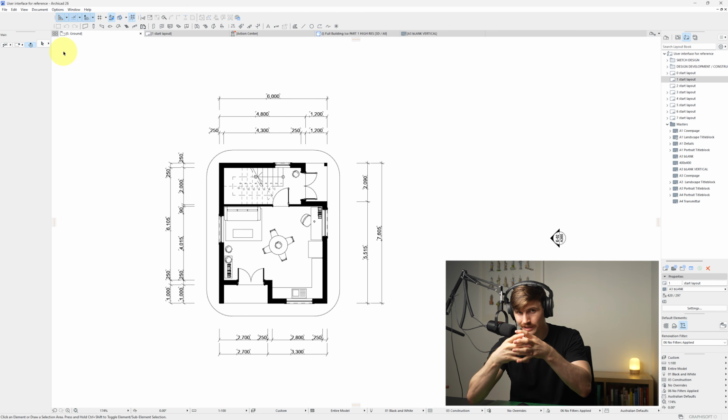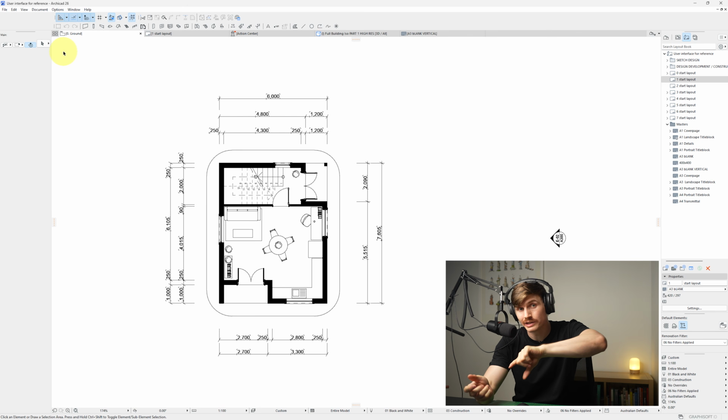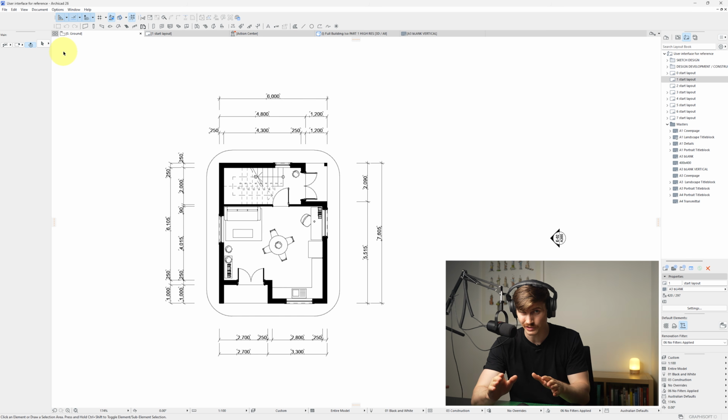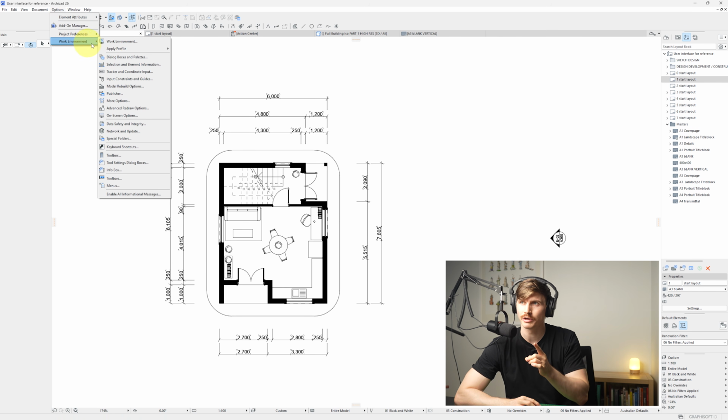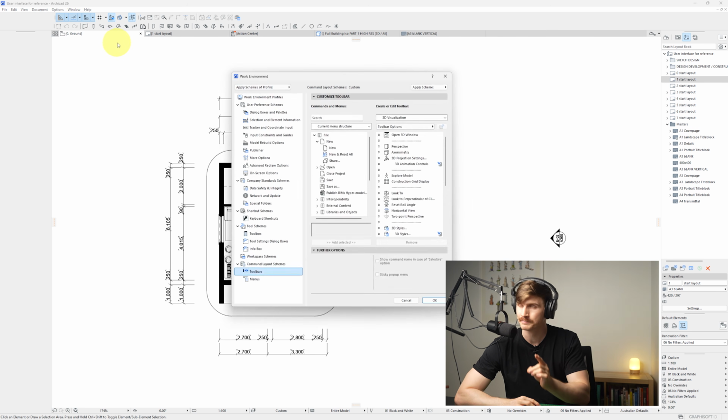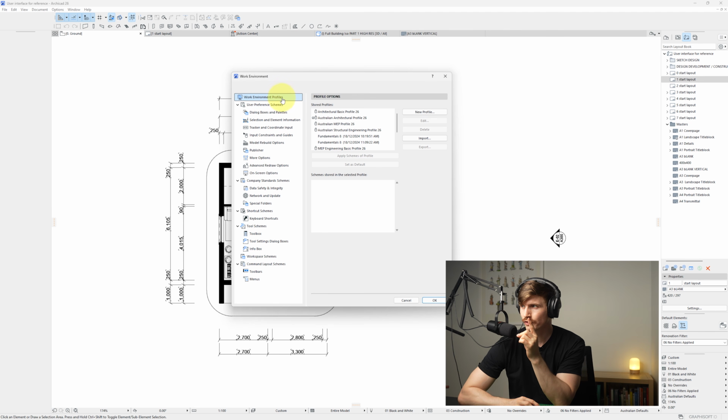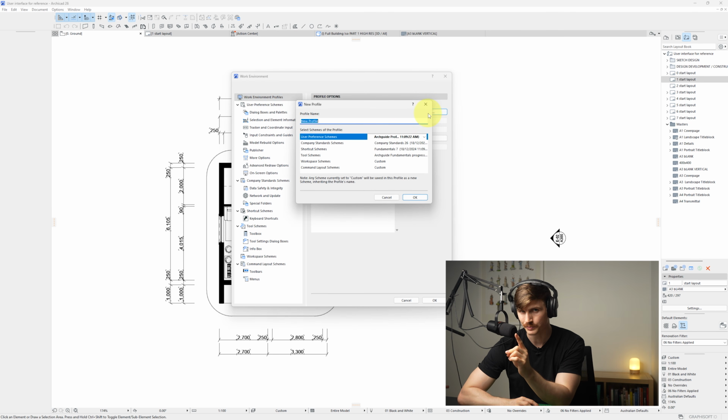But if you want to capture and save your interface, so you can import it into other projects and don't have to set it up the same every single time, this is really easy to do. If we go to Options, Work Environment, and then Work Environment again, from here in the Environment Profiles, we'll just click on New. We'll give it a name, call this one ArchiCAD Tutorial, and just underneath here,